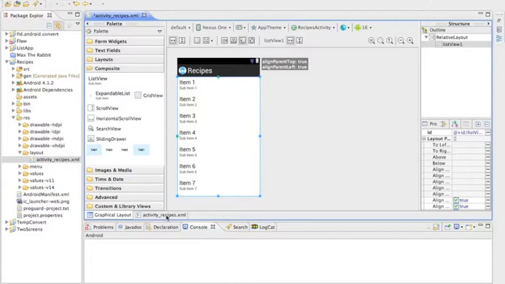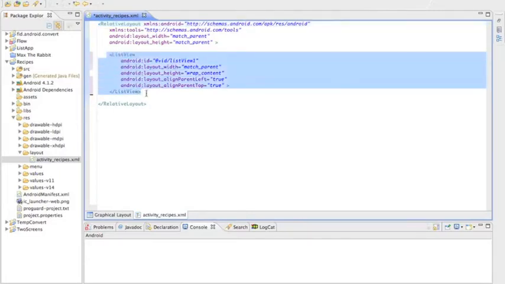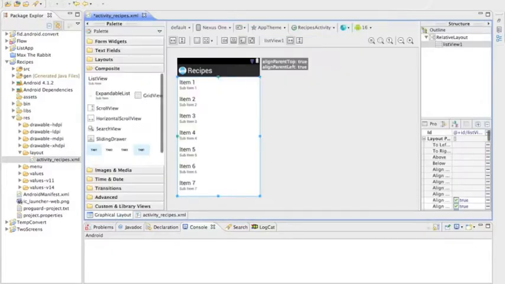Now we can take a look at the XML that has been generated. There's a relative layout, which is how you put things in the screen, what is their order, and then within it there's a list view. Okay, now I'm going to